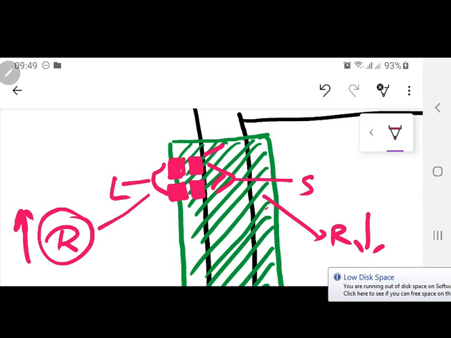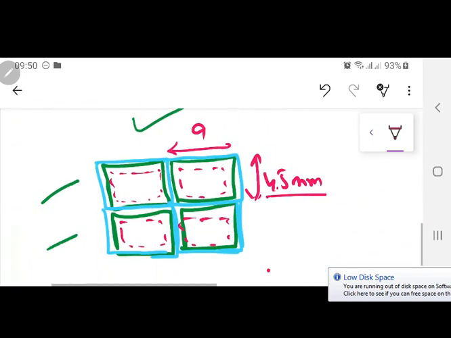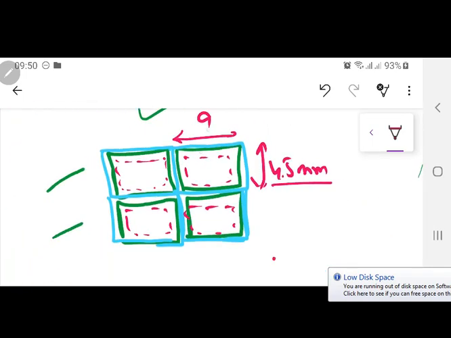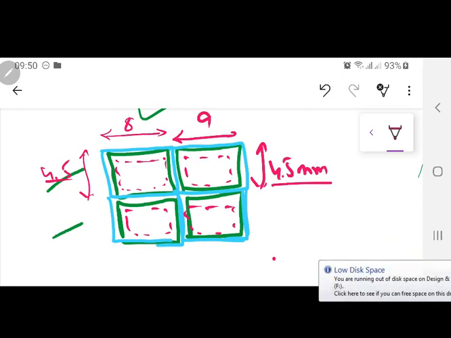Now one very crude form is this: I make it somehow like this. I use a 9 cross 4.5 here, and here I deliberately use something like 8 cross 4.5. I am deliberately trying to reduce that resistance. Now this is not good, because skin effect may not be present every time. It's dependent upon the load. So it's not a good way to use different conductors just to balance the resistance for all equal paths.